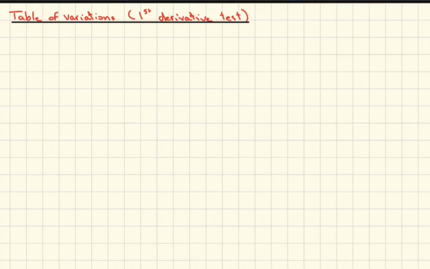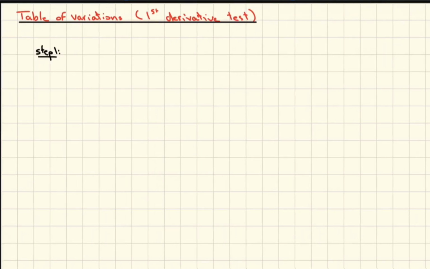In this video, we're going to talk about the table of variations, or using the first derivative test. To do the table of variations, you need to start with these steps. Step number 1, we need to find the derivative. Step number 2, you set the derivative to be 0